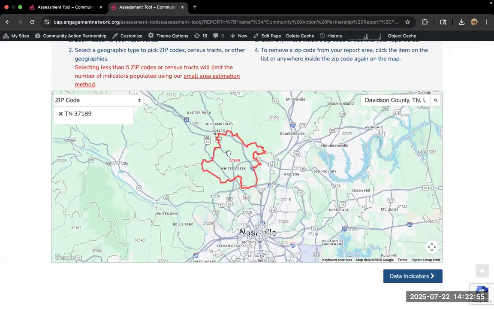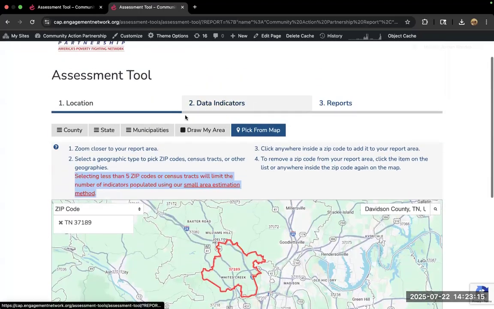So I'm going to start us with a single zip code report, but note that for some of our data indicators, you are going to need to select 5 zips or more in order to get that zip code data. And so let's look at this one zip, and then we can talk about what it looks like for a lot.